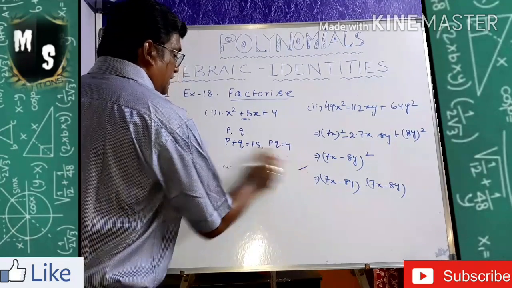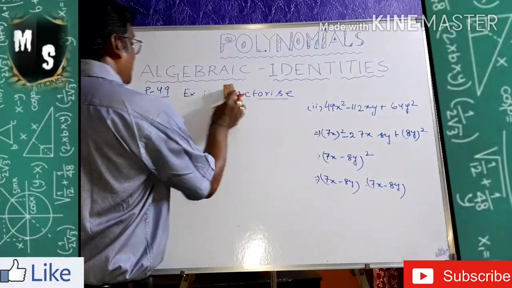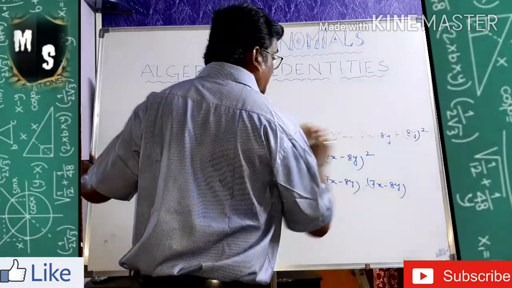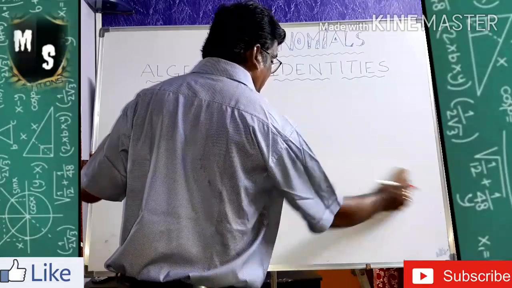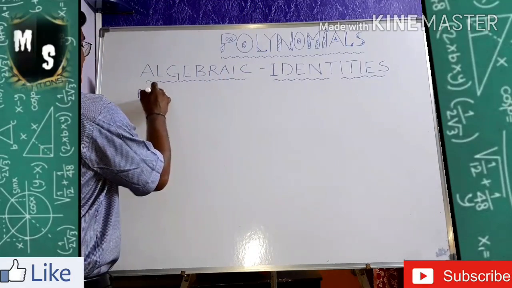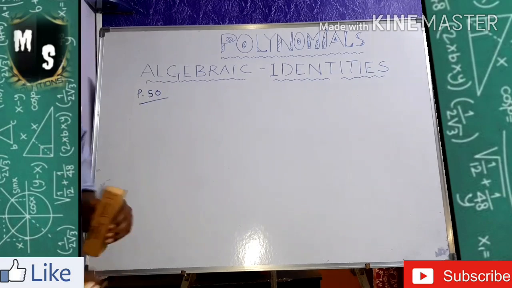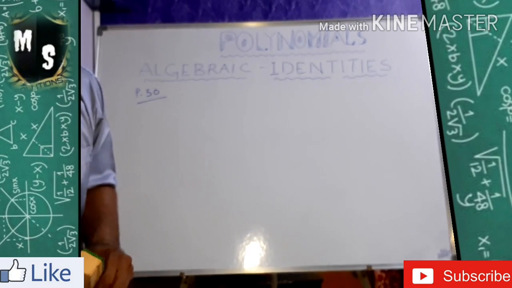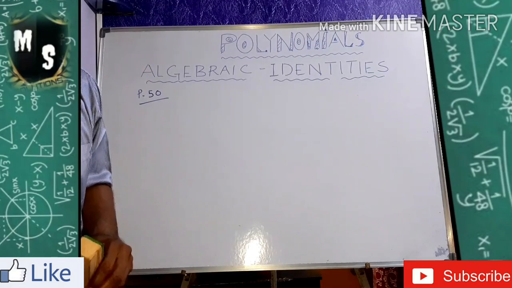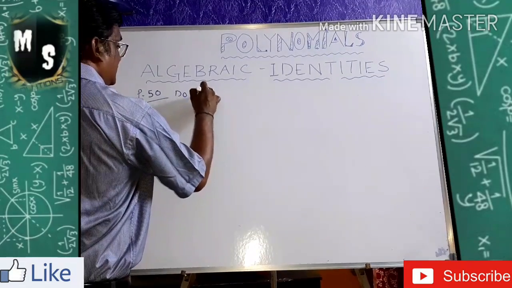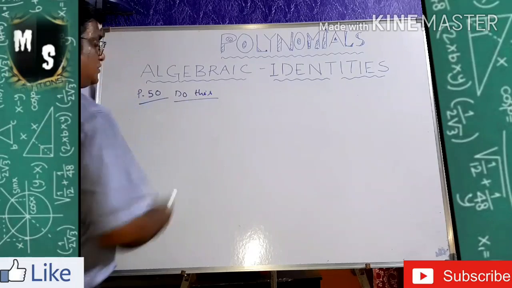See now, that sum is on page number 50. So on page number 50, some sums are there. Please try to see your textbook. That is page number 50. What is the sum? See now. On page number 50, it is given to you. Some difficult ones I am doing. On page number 50, some factorizations are there. Do this. Okay, do this. I am doing some sums for you.